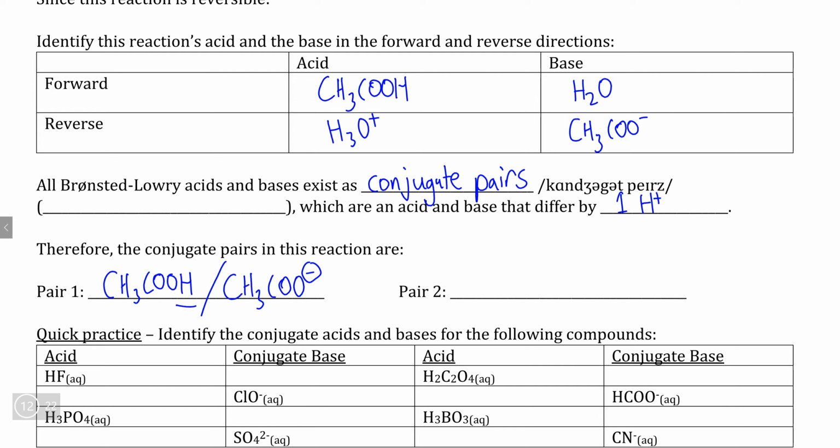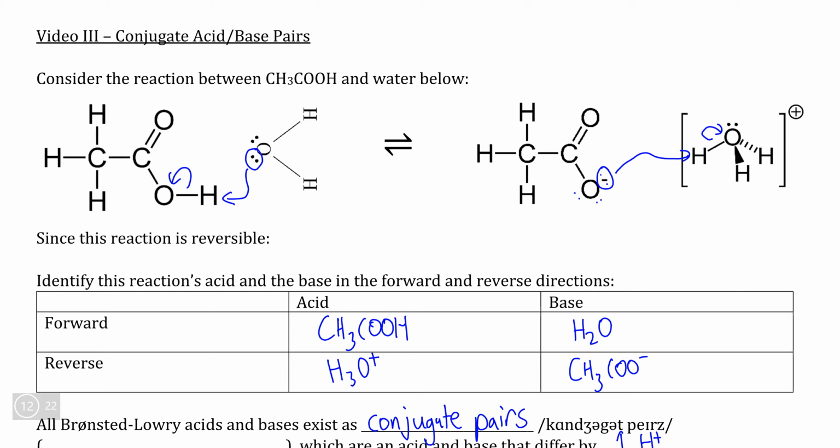We can see that the other pair of acids and bases also follows this rule, where H3O+ has an extra easily ionizable hydrogen, whereas water does not have this extra hydrogen present, and therefore H3O+ and H2O function as the second conjugate acid-base pair. This is another way to know whether you have done the acid-base ionization correctly, because in